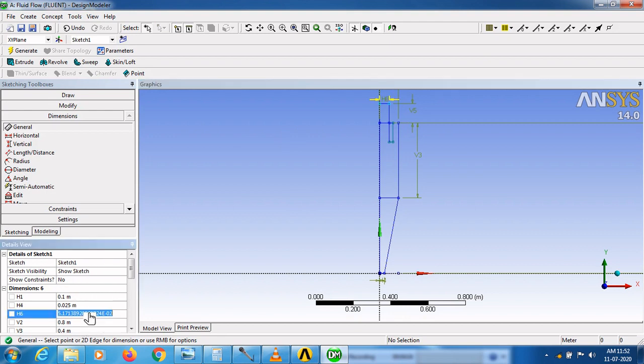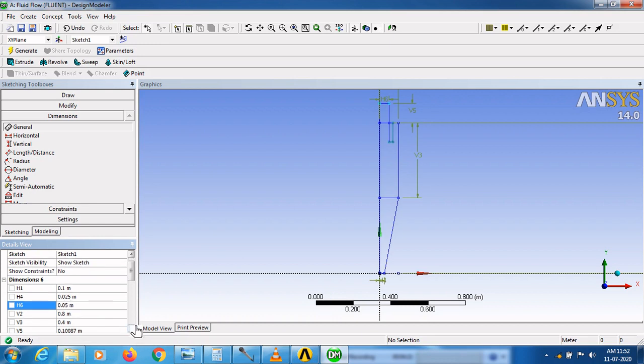Here you have to provide radius 0.05 meter. The length of the outlet port is 125 mm. Here you have to split the 125 mm as 62.5 mm each.